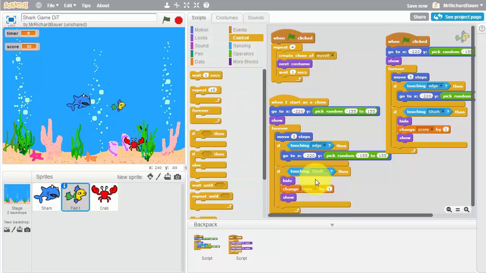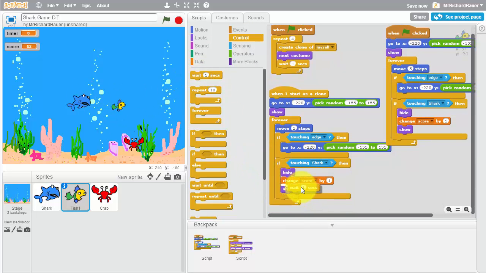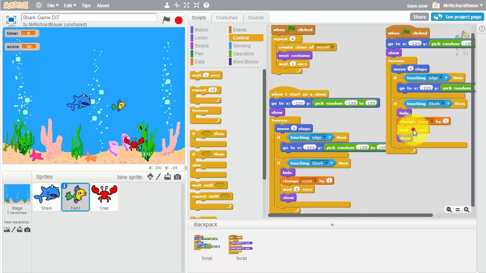But this show will happen so quickly that again will count up too many points, because it will show up before it has left the shark. So what I do here, I just place in a wait statement, which waits, let's say, 3 seconds before it shows again, and that should give the fish enough time to hit the shark but swim further